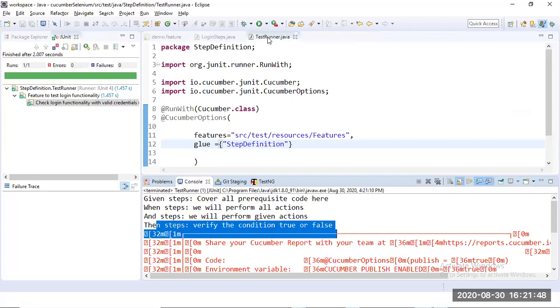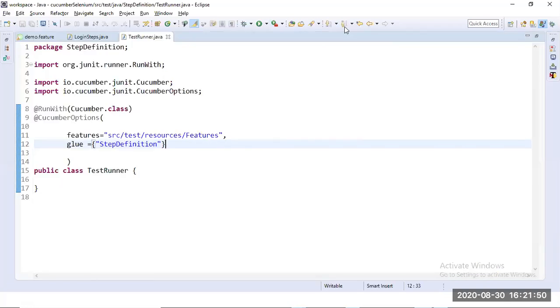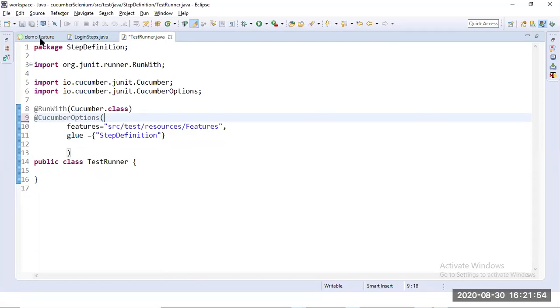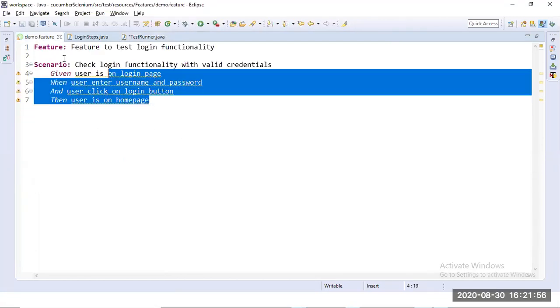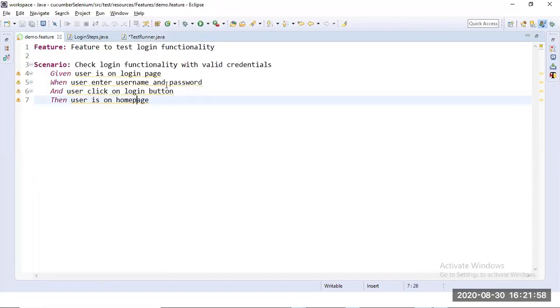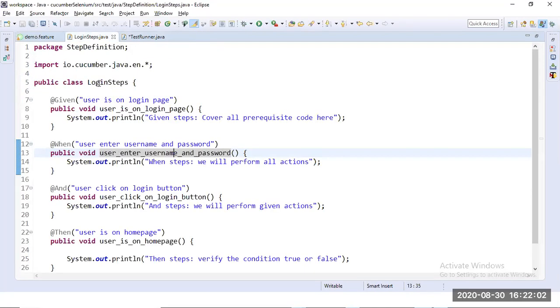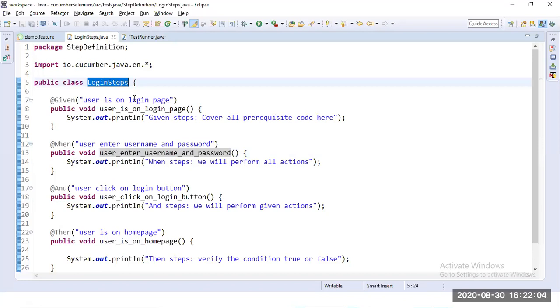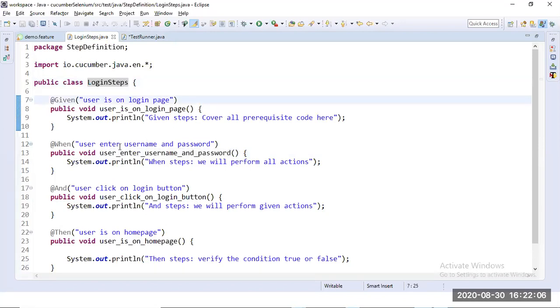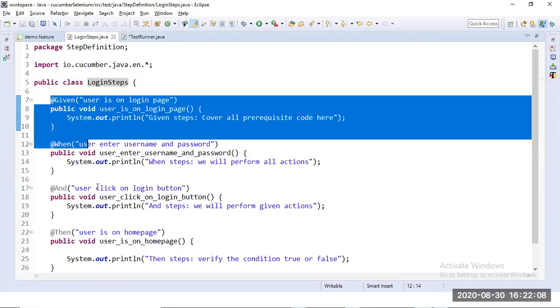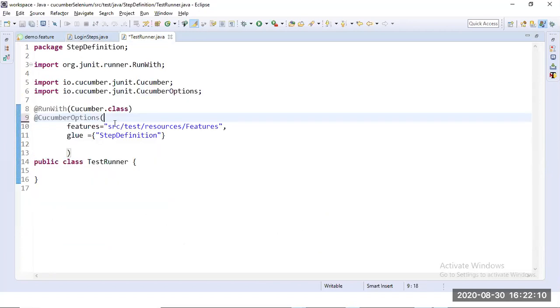Am I clear, guys? Up to that any doubt? No doubt, sir. So how we created the feature file: this is the feature file we have created. This feature file we converted into steps, and those steps we have covered in the step definition. We are writing the login steps. Actually, we have to cover these login steps in this class, and then we are using the test runner to run that test case. So let's